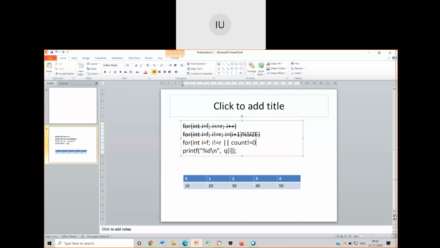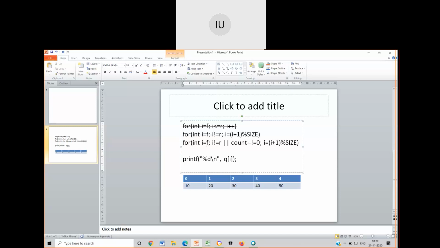I is equal to I plus 1 mod size. And apart from this, I'll write count minus minus not equal to 0.